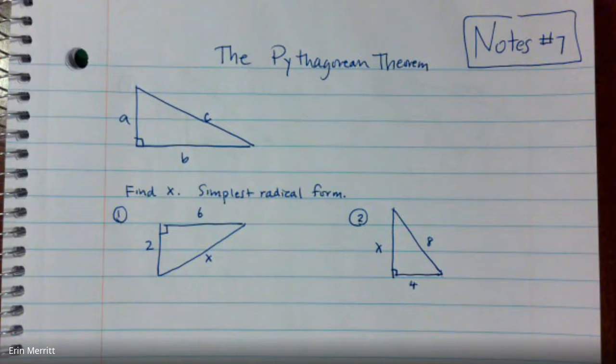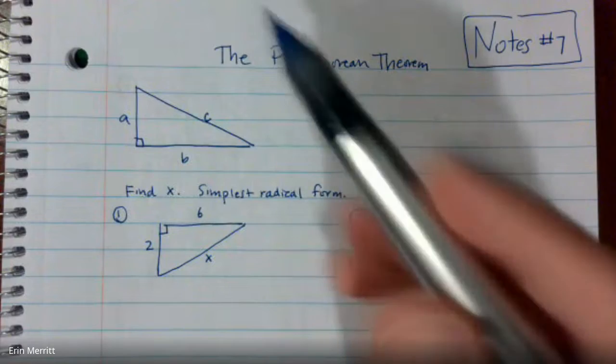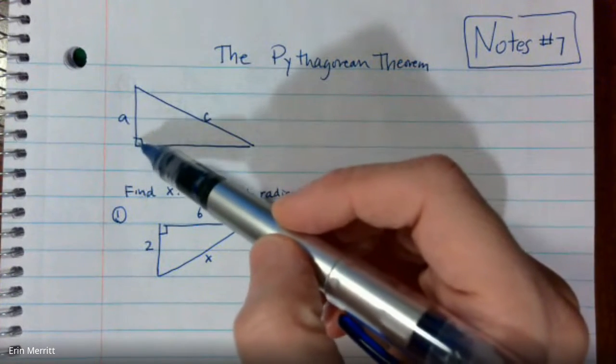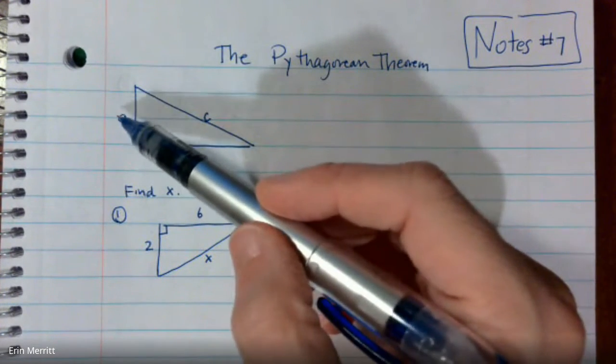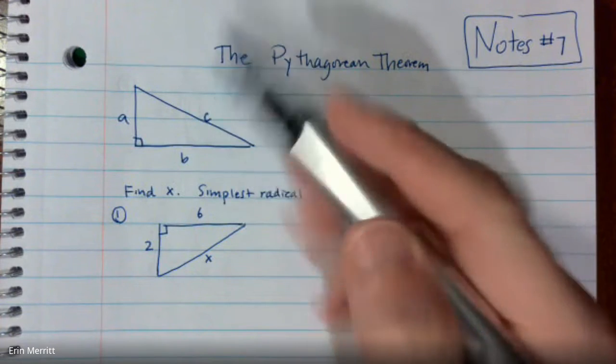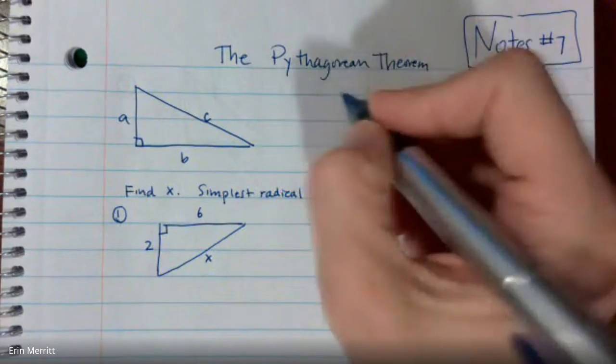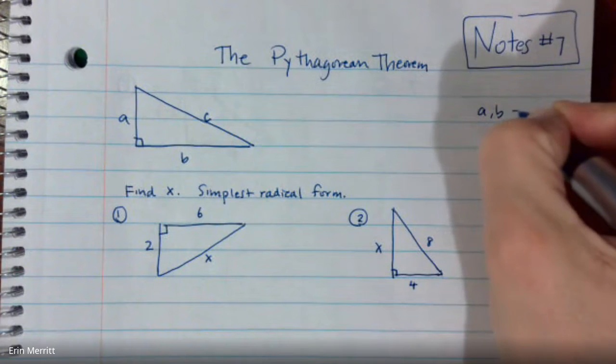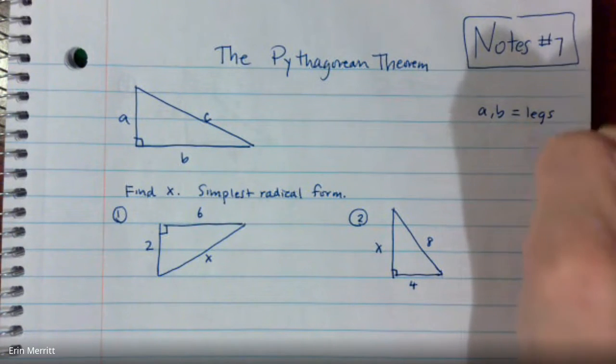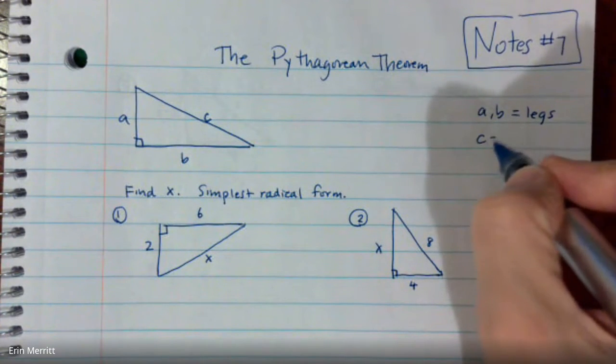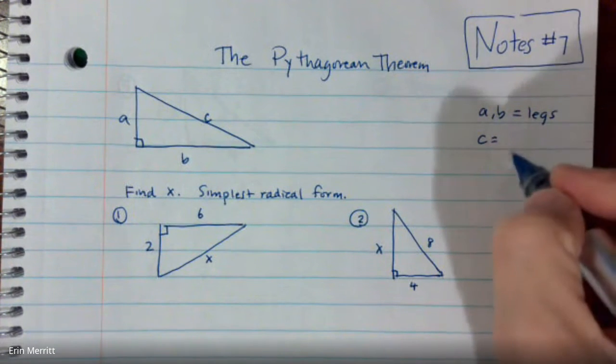So this is something you may have heard of before. It's a relationship between the side lengths if you have a right triangle. If you look at the picture you're given here, we have a right triangle, and the sides are A, B, and C. It's very specific that A and B are always what we call the legs of the triangle, and then C has to be the hypotenuse,